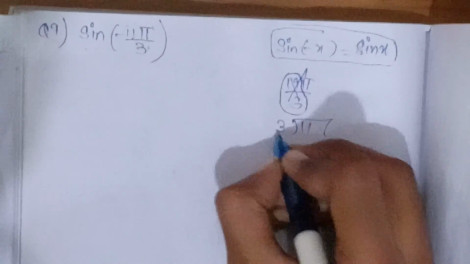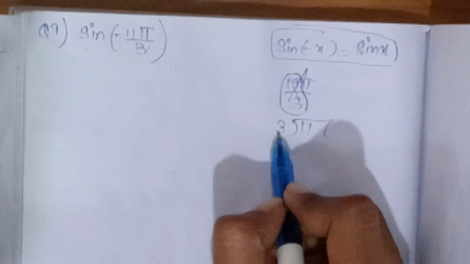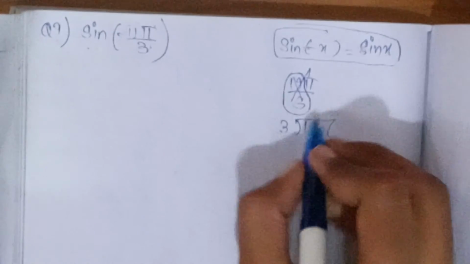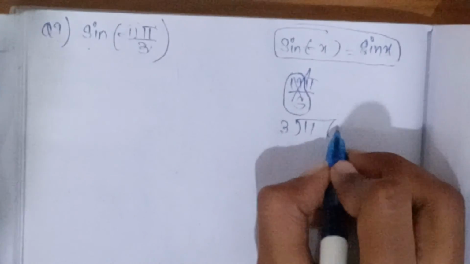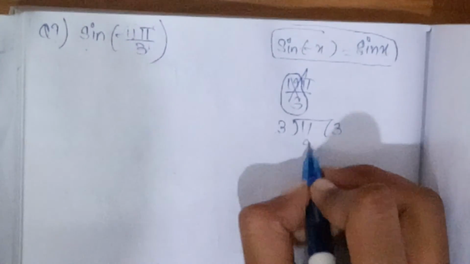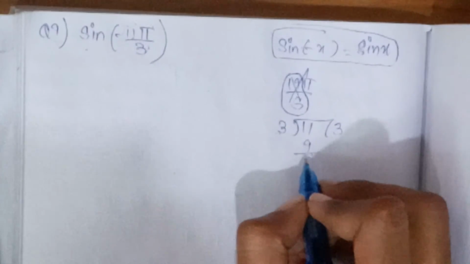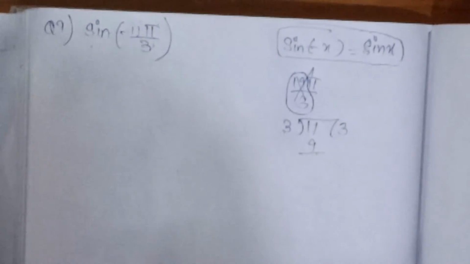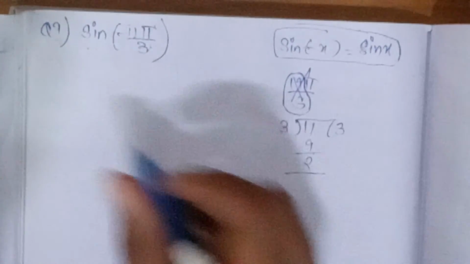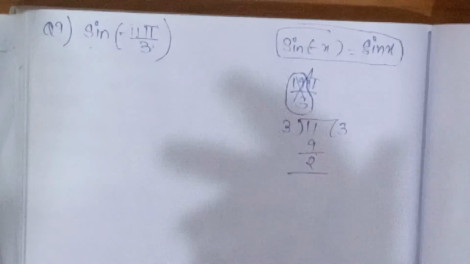So level by 3. So in the 3 table, what is less than level? That is 9, 3 times it goes. Okay. Level minus 9 is what? Level minus 9 is 2. So when we take these values, we have to keep on checking like this.